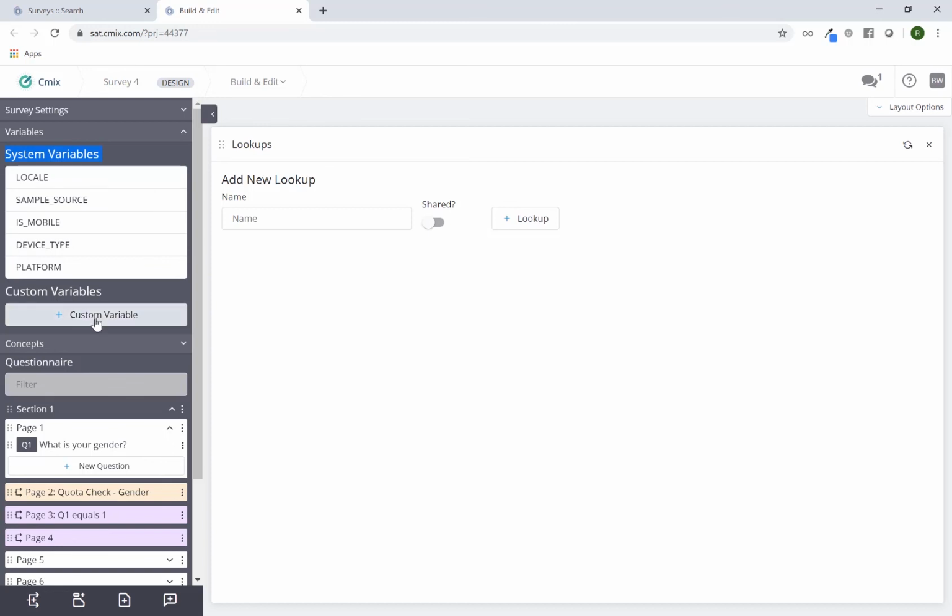Custom variables, you have the ability here to add custom variables which are not seen directly by a respondent unless you physically want to, for example, pipe in the answer to a respondent, or if you're using them for any other specific